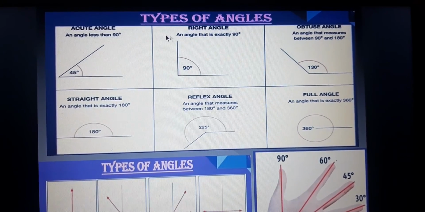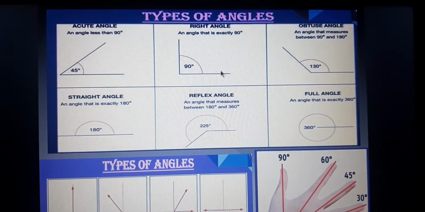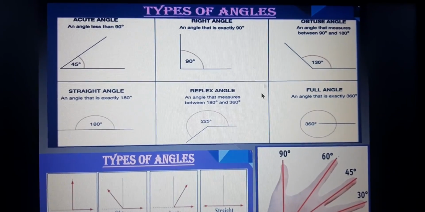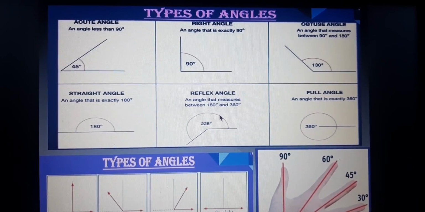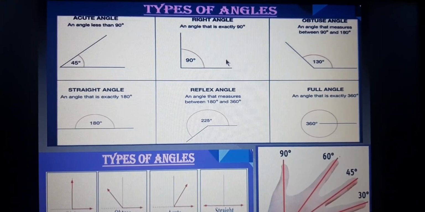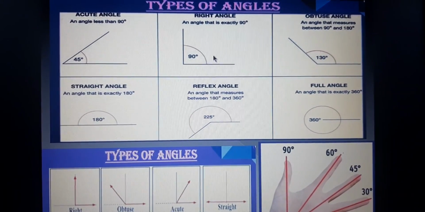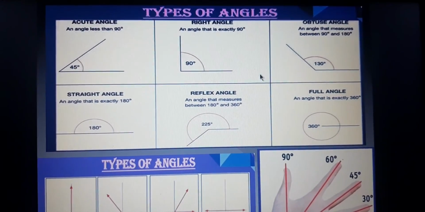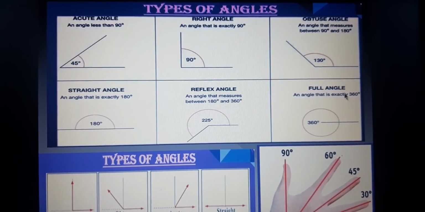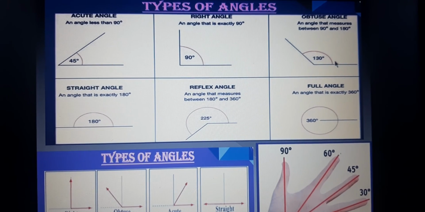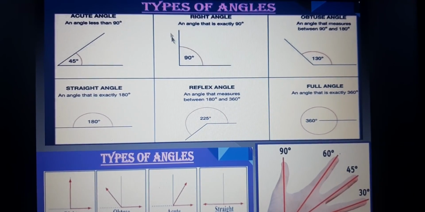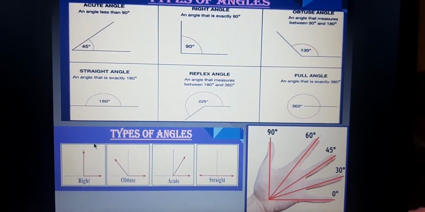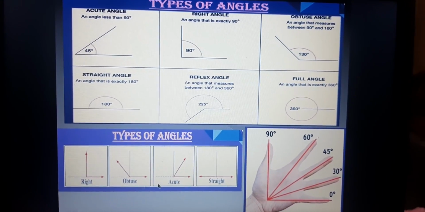So here these types of angles will be measured. I showed you how it is drawn and how it is shown in the diagram, right? These examples you can take for those definitions, and you can draw this one. Any one is enough. Don't draw all three. See, 45, 90, 130. In this way it will be measured, based on the measures. The names will be given here. So these are the types: right, obtuse, acute, straight, right?